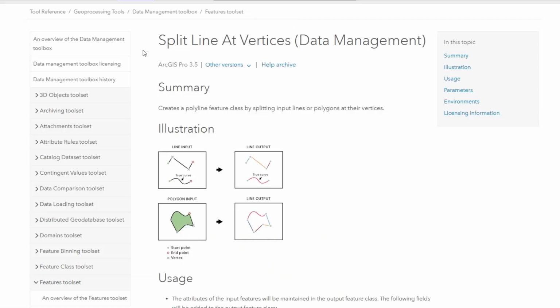In ArcGIS Pro, the split line at vertices tool is only available on an advanced license. But here we're going to take a look at how we can use ArcPy and the basic functionality to recreate that tool for use on a basic license. Let's check it out. We'll first pay a visit to the documentation for the split line at vertices tool that